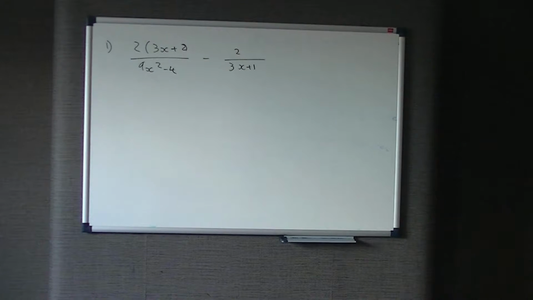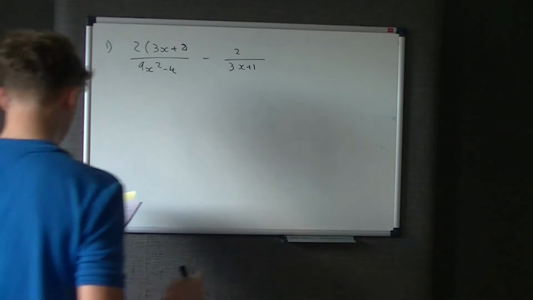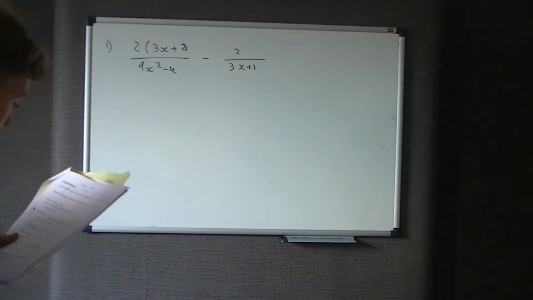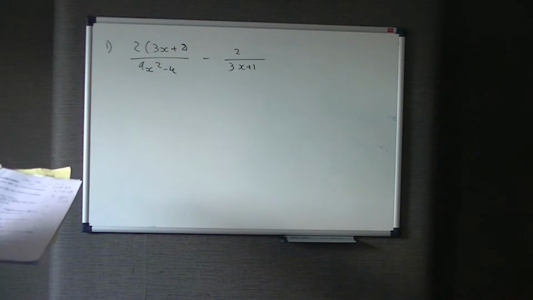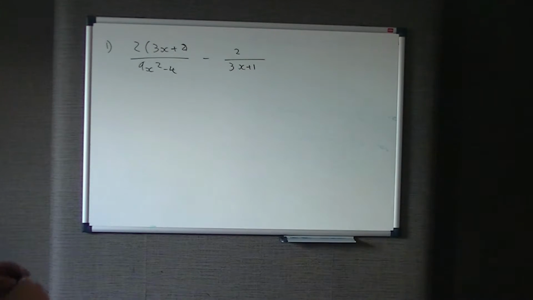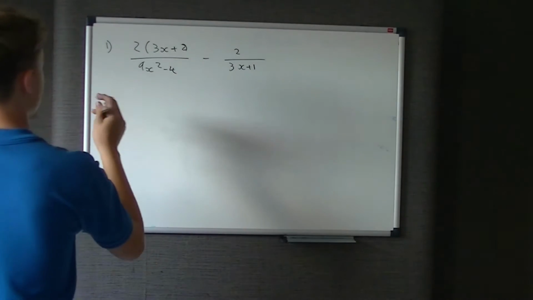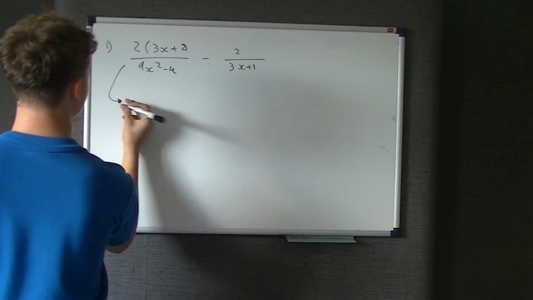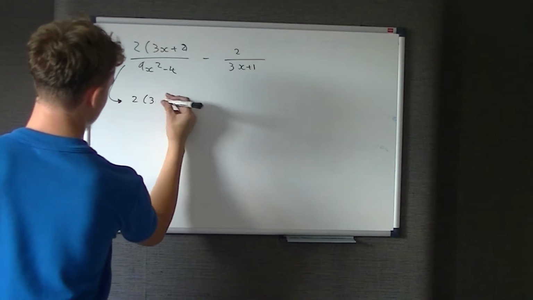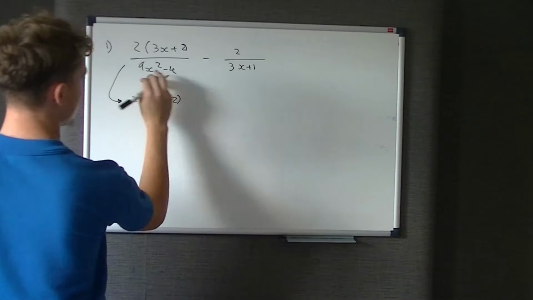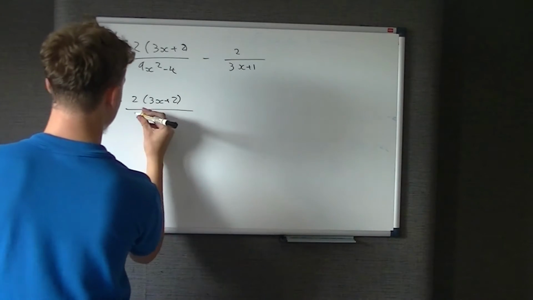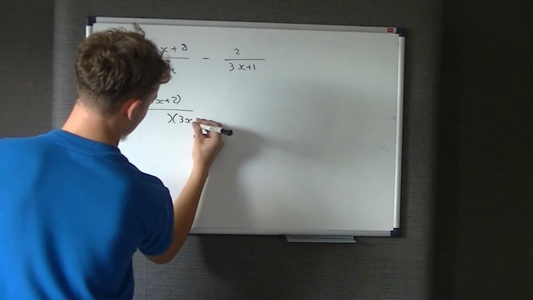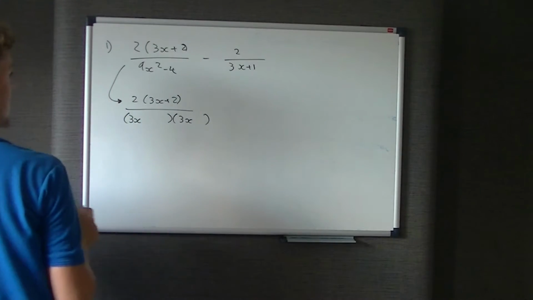Okay, so welcome back if you've had a go. The first thing that we are going to do in this, obviously we're taking it away, so they need to have the same denominator. So we're just going to see what else we can simplify here. You leave the 2 brackets 3x plus 2. Don't expand it yet. What we're going to do is try and factor this down into something else. So 3x, because it's an x squared, so 3x, open brackets, 3x, so you get your 3x squared, and,